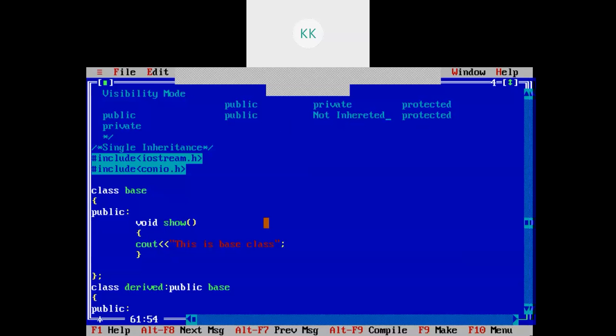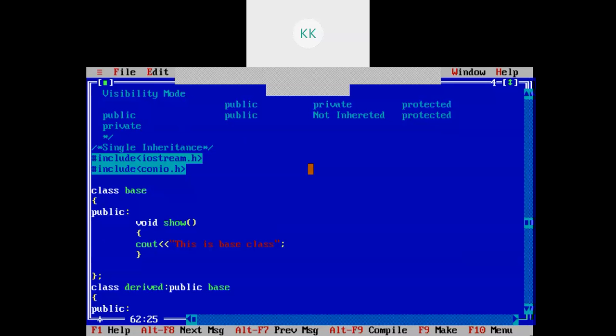While studying the properties, we have already seen that private members are accessible only inside the class, whereas public is accessible everywhere and protected are accessible only in the inherited class. So the private data of the base class will not get inherited.